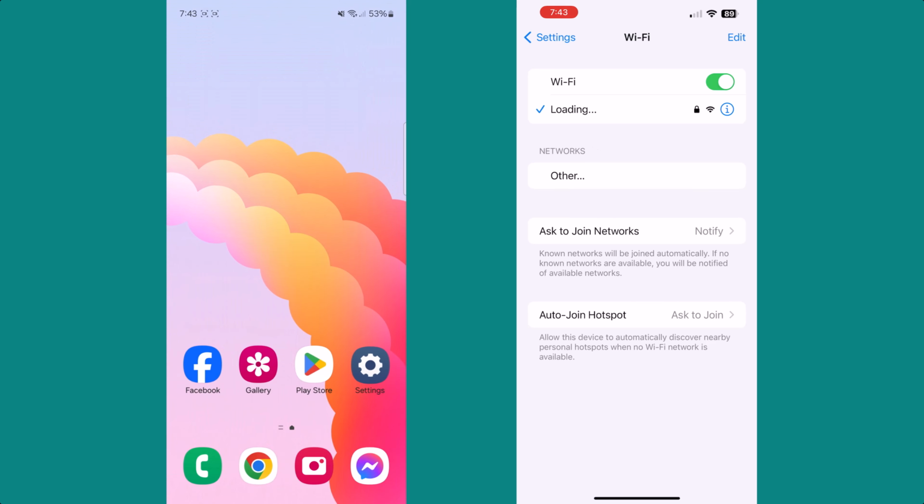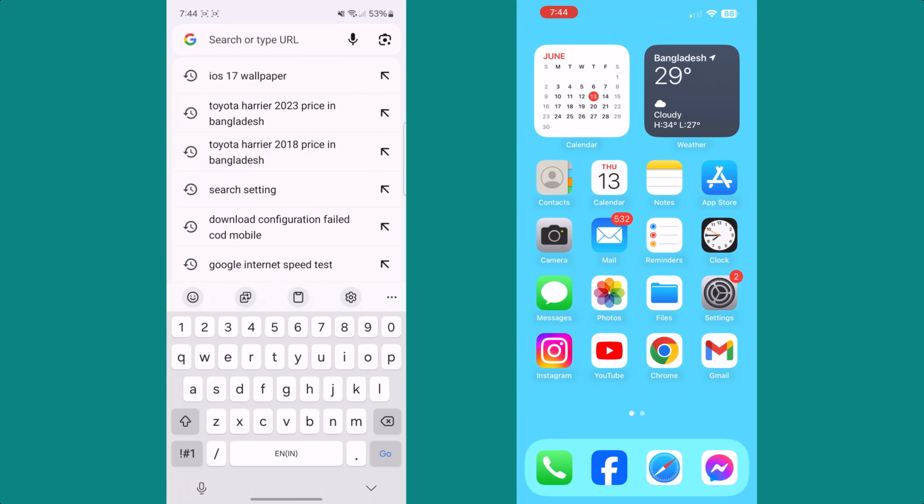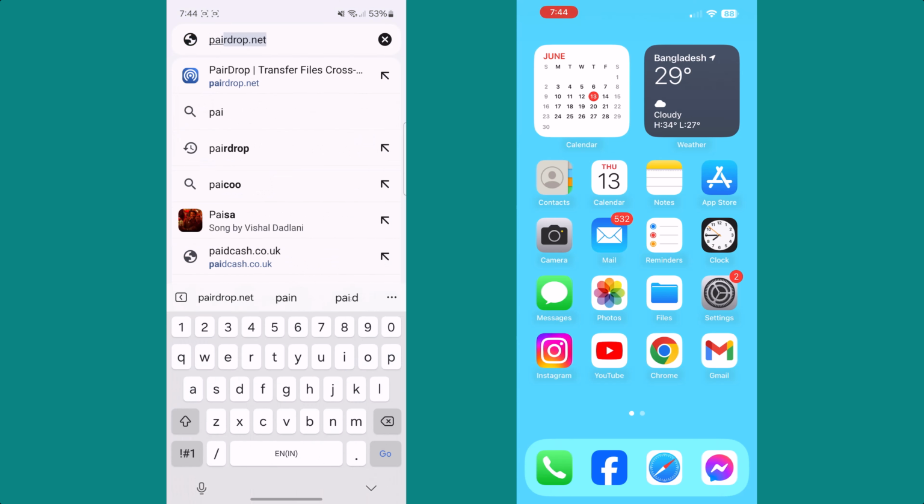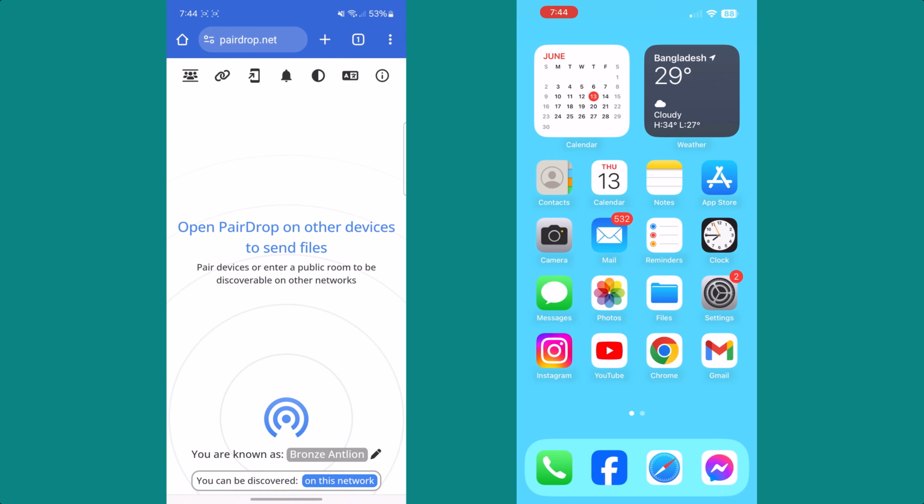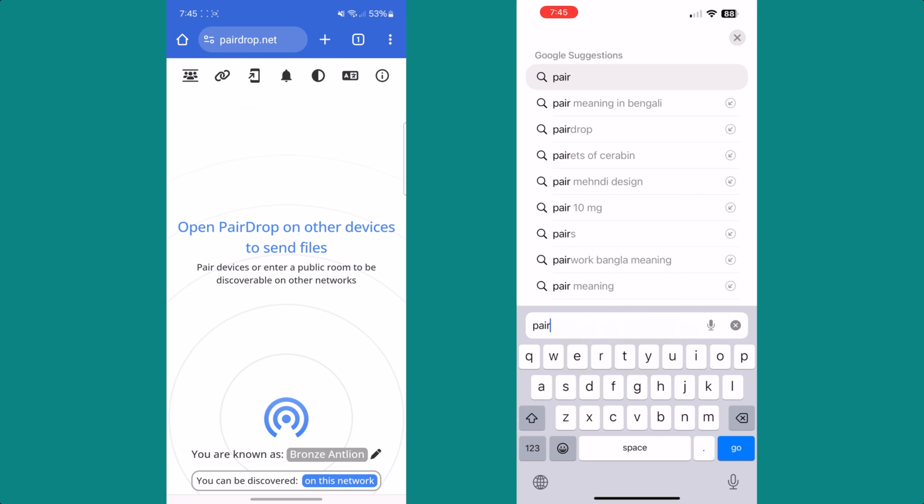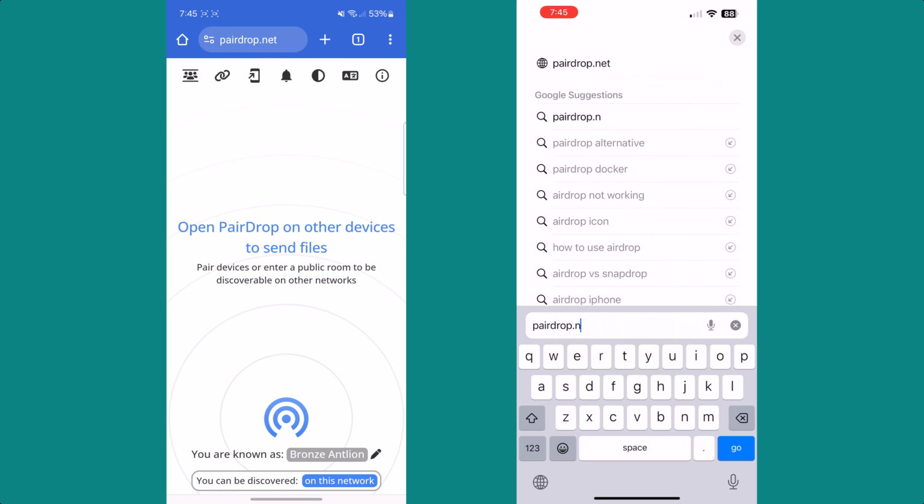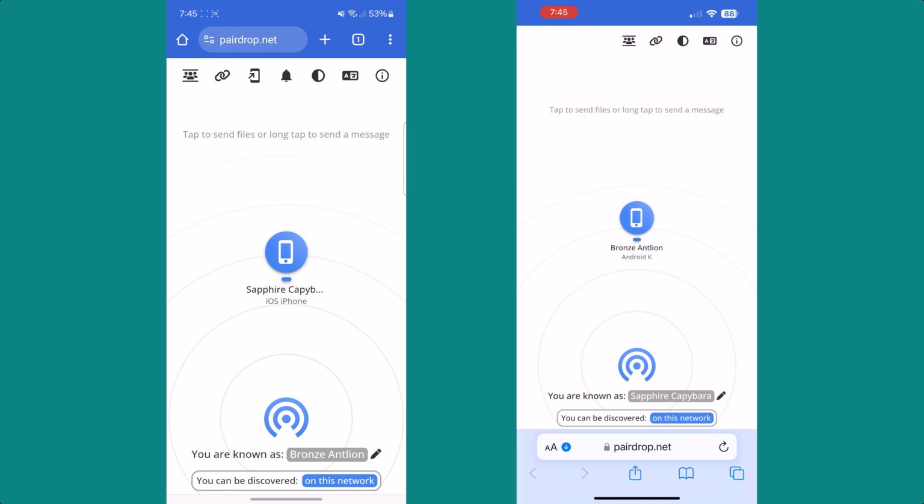And now it's time to transfer files. So on your Android phone, you have to open this website pairdrop.net, and also in your iPhone, go to a browser and open the same website pairdrop.net. Once both phones are connected to the same Wi-Fi network, on your Android phone screen,